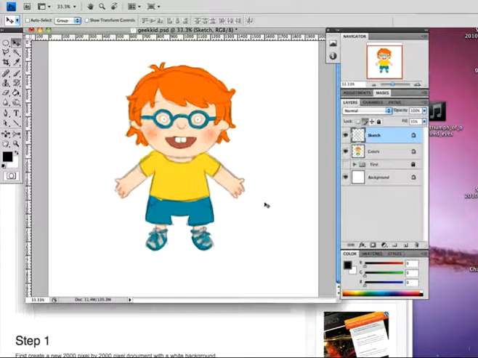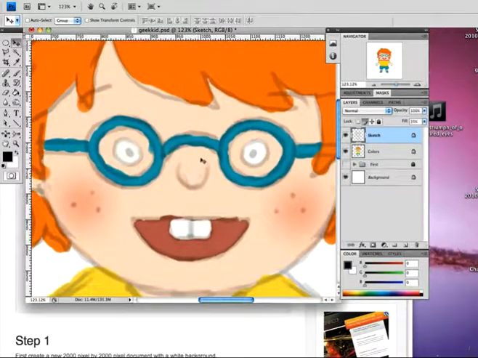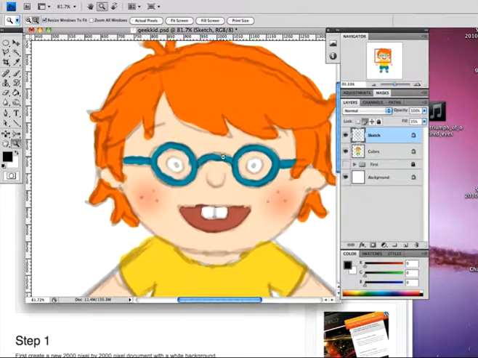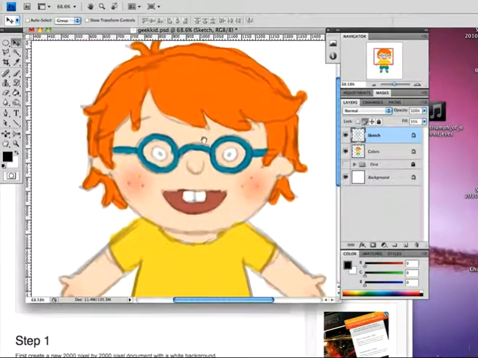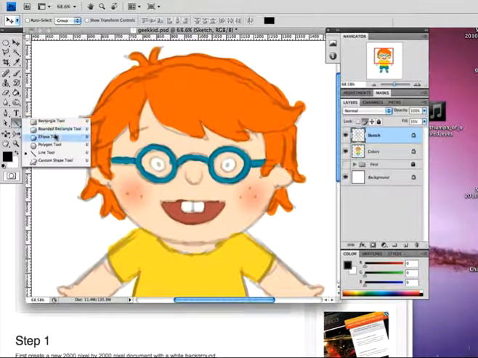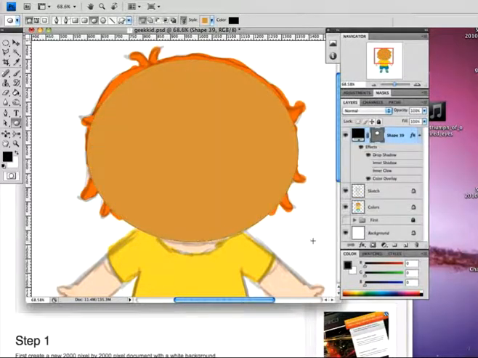So we're going to use the ellipse tool, and we're going to use that for the head. So I'm just going to zoom in on our head here. That is way too close. Let's come out a little bit more. Okay, that looks pretty good. So head over to our ellipse tool. We're going to try and capture the head. That's not bad, and I'm just going to move this